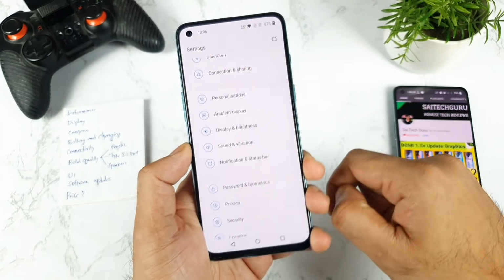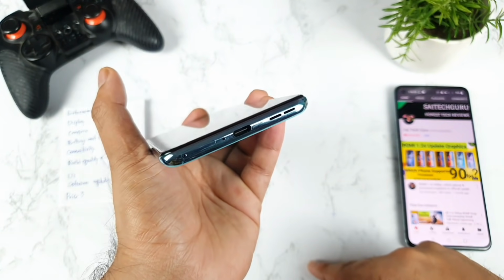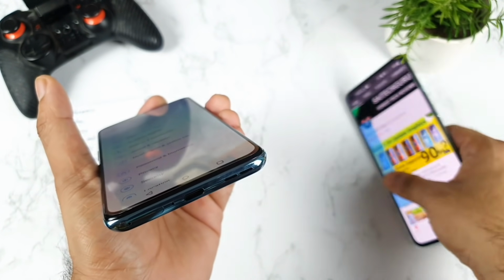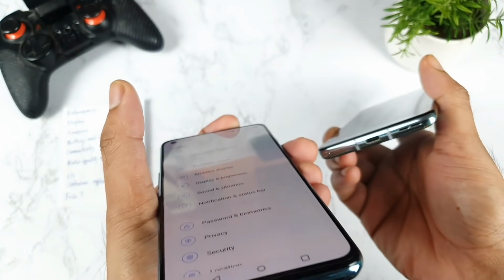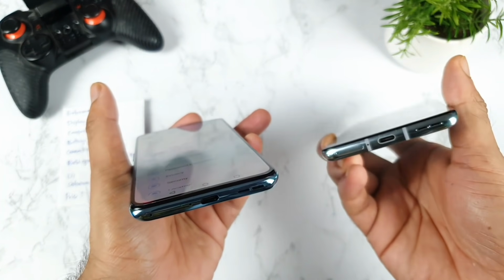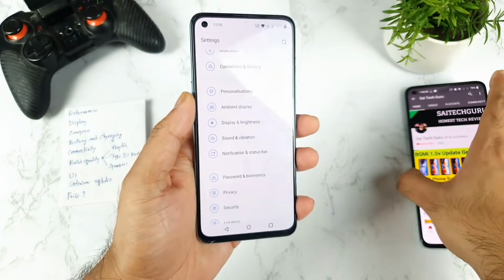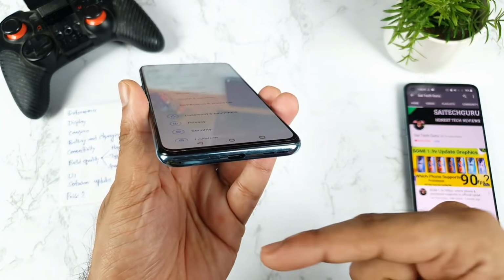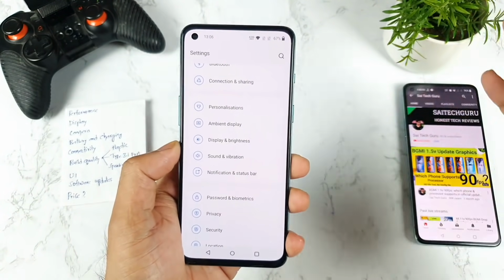That's the one thing. So the Type-C 3.1 port is not present. The phone has got only USB Type-C 2.0, which is really outdated when compared with the OnePlus phones. OnePlus 8T and OnePlus 9R, they are using USB Type-C 3.1 premium ports, but this OnePlus Nord 2 is having very much cost cutting. A lot of cost cutting is there in this phone. In terms of the display, cost cutting, in terms of the USB Type-C port also, cost cutting is there in this OnePlus Nord 2. So these are the things which I will try to discuss later.